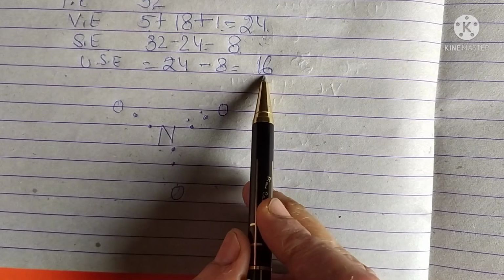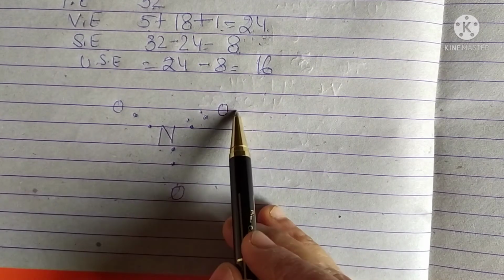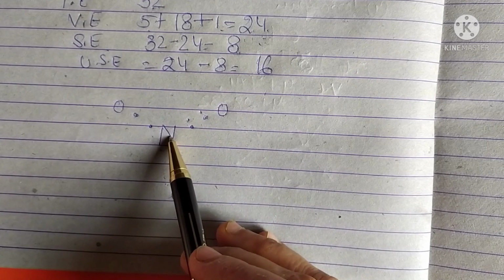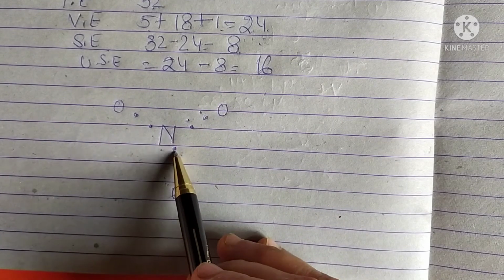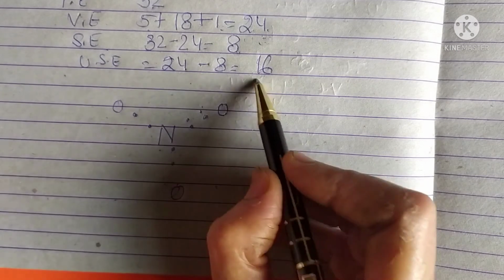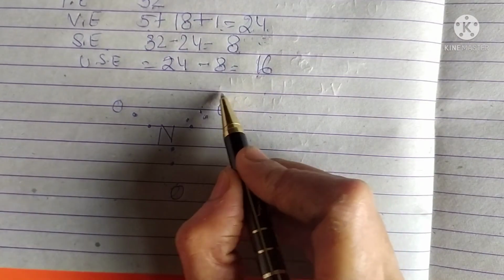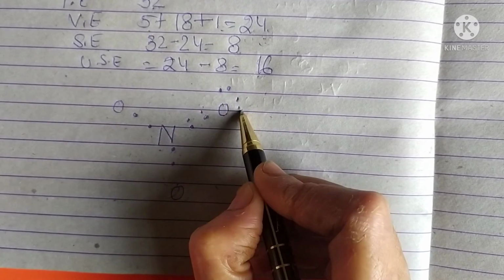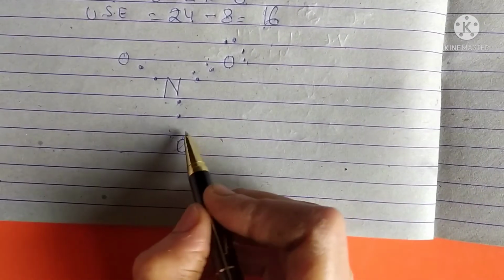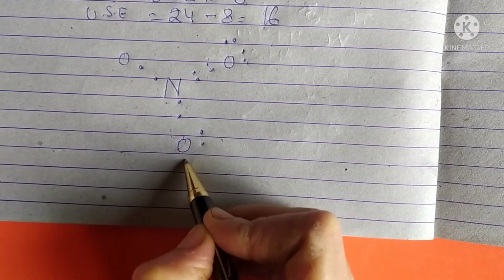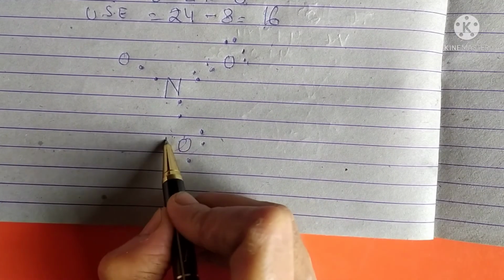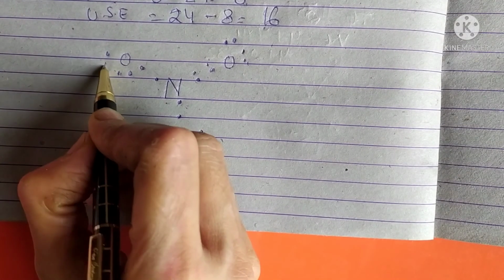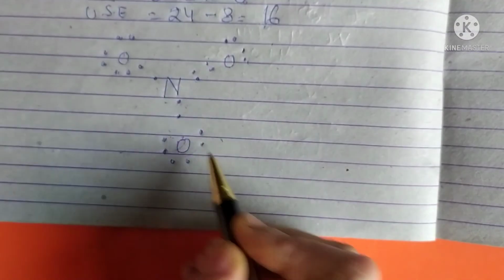Now after that 16 electrons more we have to distribute, so that the octet of all these atoms is complete. Nitrogen's octet is already complete, so 1, 2, 3, 4, it is okay. Let's write 16. 1, 2, 3 and 4. Octet is complete. Now 4, then remaining 5, 6, 7, 8, 9, 10, 11, 12, 13, 14, 15 and 16.